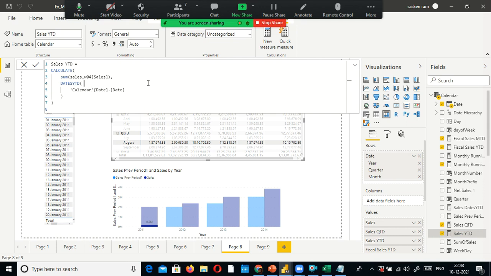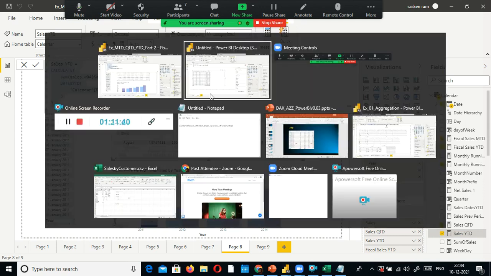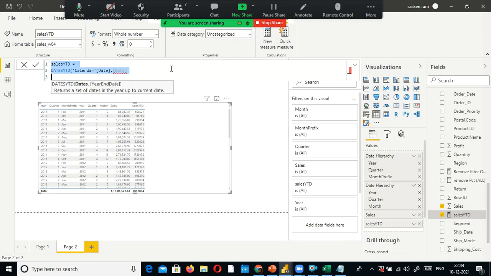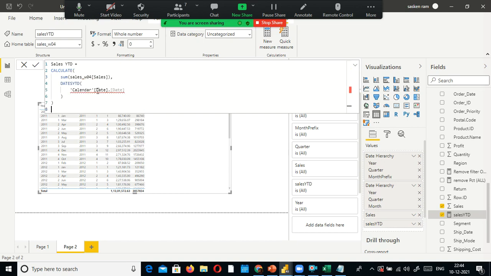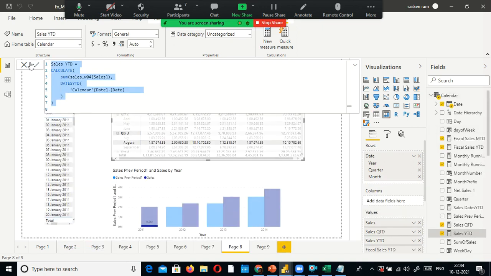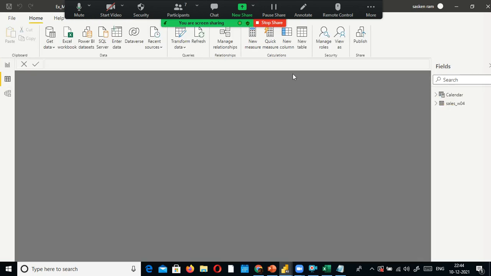So this should work, but it is not. There is a syntax problem here. It is not considering it because of some other problem. Okay, returns a set of dates in the year up to the current date. That's the problem. One second, let me see the difference between this one and that one.